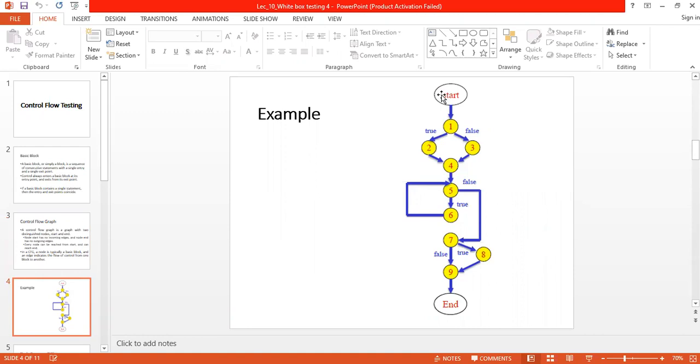So this is my starting node and this is my ending node, right? If I take this first node, you can see I have true and false paths. So from node 1, the flow of my control is changed.